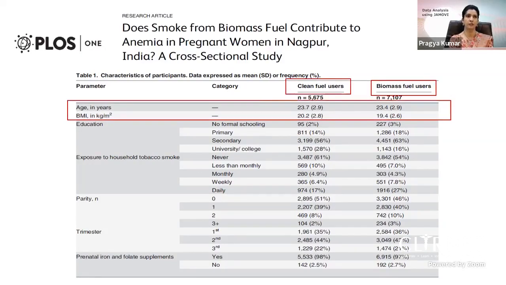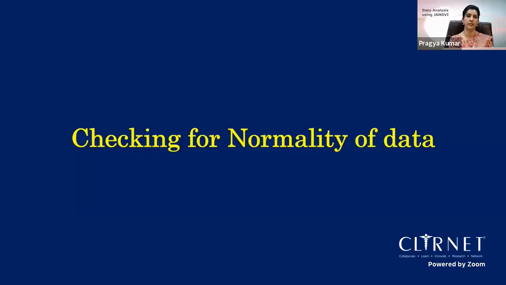The author has given both the frequency table and the mean in one table. Here the age and BMI, you can see it has been given in the same table. So the author has clubbed these two tables. So before you select what type of central tendency you should use, it is important for you to check the